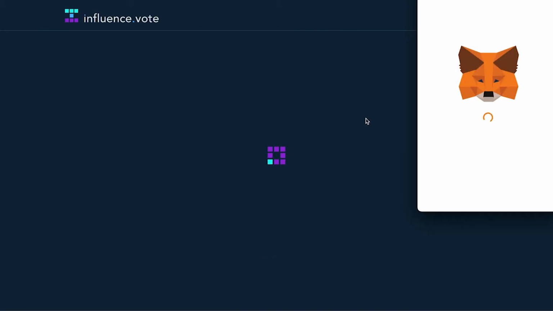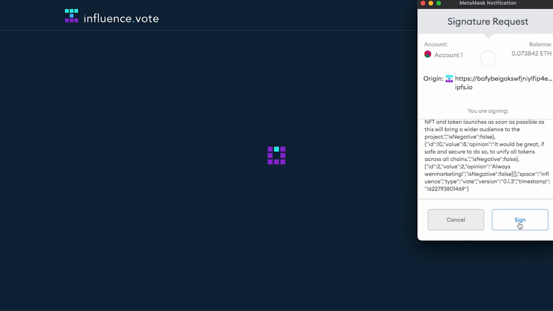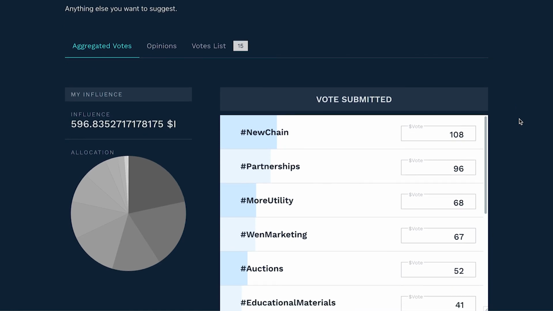Once we've added our justification for each vote and we're happy with our choices, we can click Submit Vote. We'll be asked to approve the submission in MetaMask, and this is gasless, so users will not incur a charge. We wait a short while and then we'll be taken back to the vote page, and we can see how we voted, how everyone else has voted, as well as reading through everyone's justification for their vote choices.